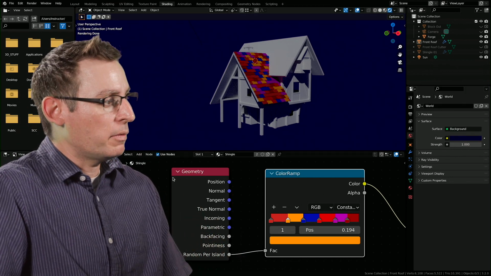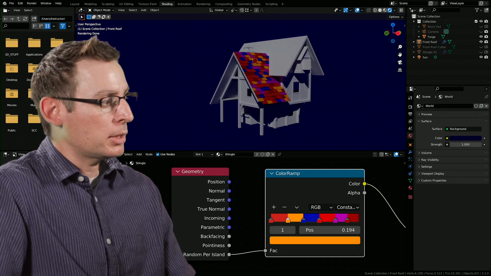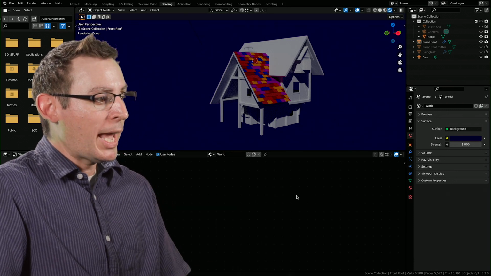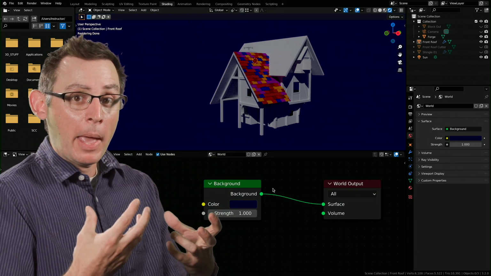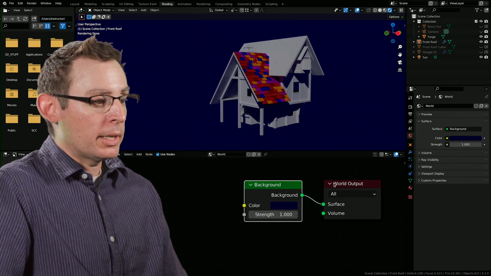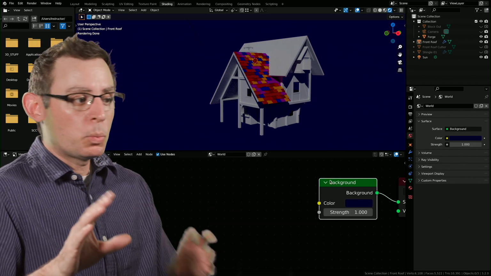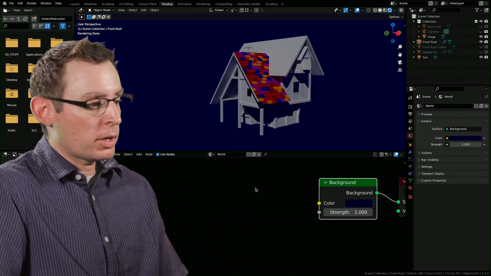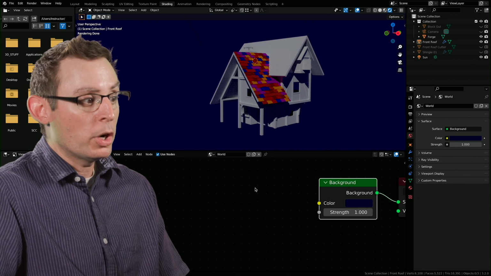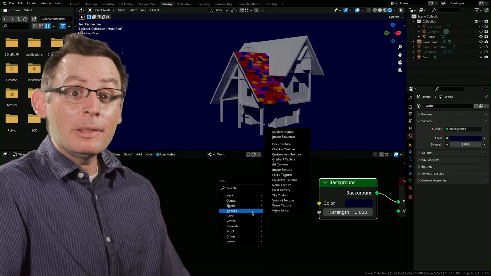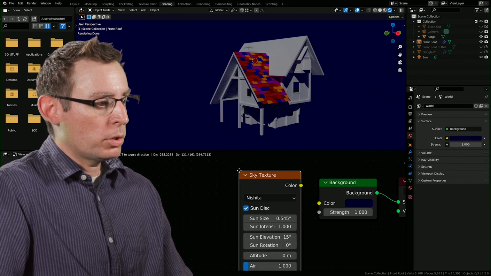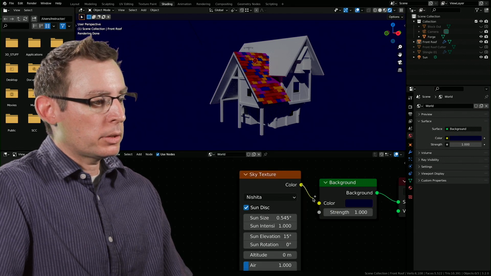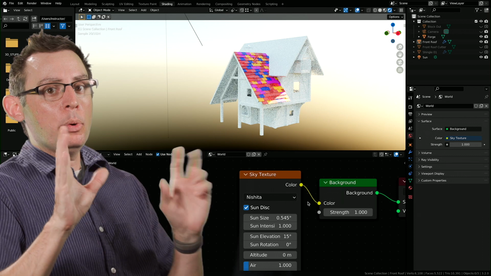Inside of my shader graph environment, let's change it from object over into world so we can actually physically see the nodes that are responsible for generating the background of our scene. And we're going to add in a sky texture. We've actually done this one other time across the course of this semester. Let's do it one more. Shift-A, you can find the sky texture in the texture section, and it is right there, which is wonderful. And of course, we're going to wire the color into the color input of the background, and poof, it automatically takes over.